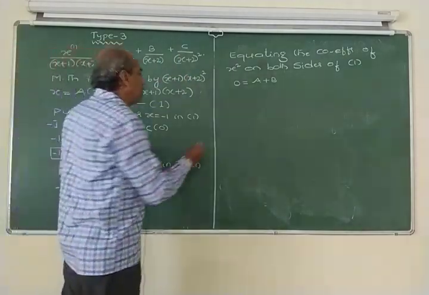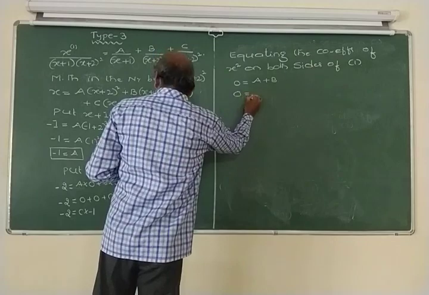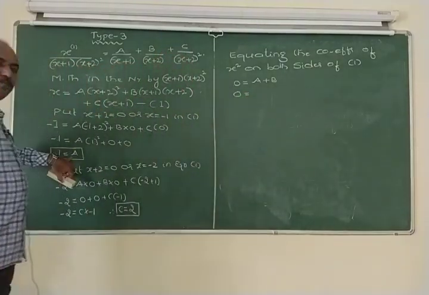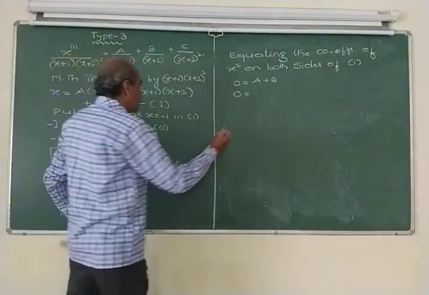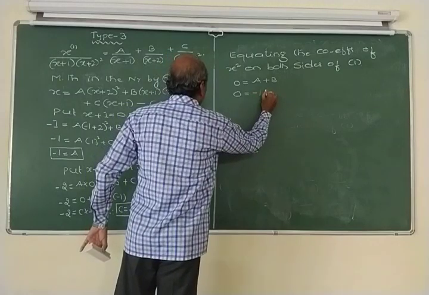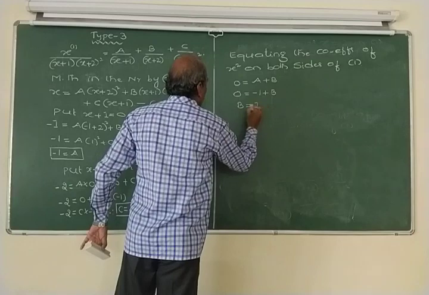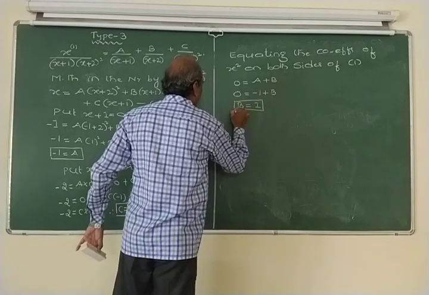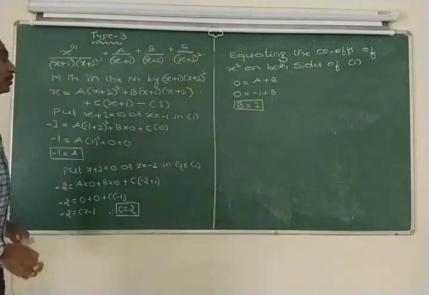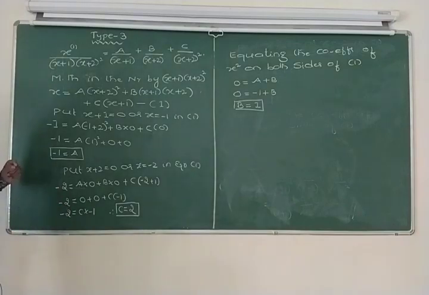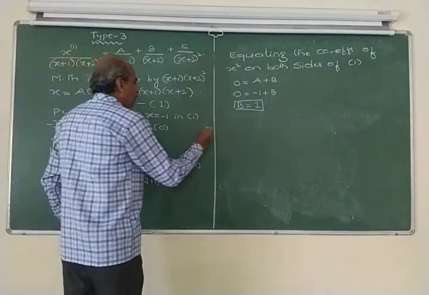Okay, but in which one of the values is known to you, that is a. A is equal to minus 1, minus 1 plus b, therefore the value of b equals plus 1. I hope you got it. So all the three values are known to you. So let us split now.